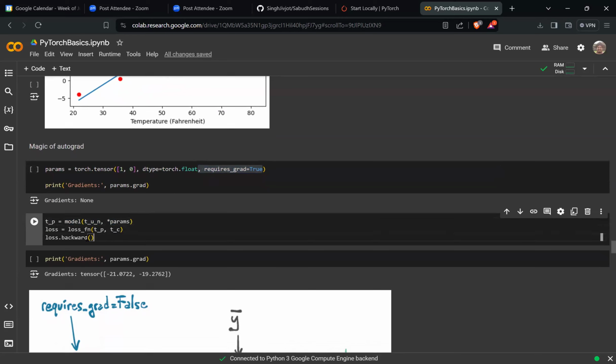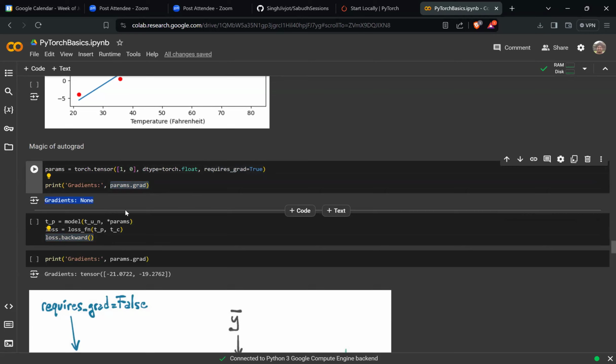Now, after that, what we did is calculate the gradient. But we made a gradient function for that, right? And for that, we had to calculate the differentials by hand. So instead of that, if I just do loss dot backward, PyTorch will automatically calculate the gradients for me. So here, as you can see, when I specified requires grad equal to true, and I print the gradient parameter for these parameters, right? I get none